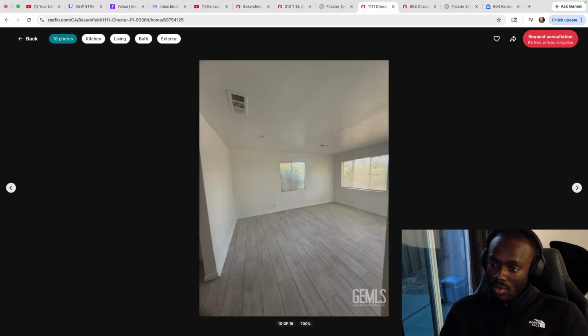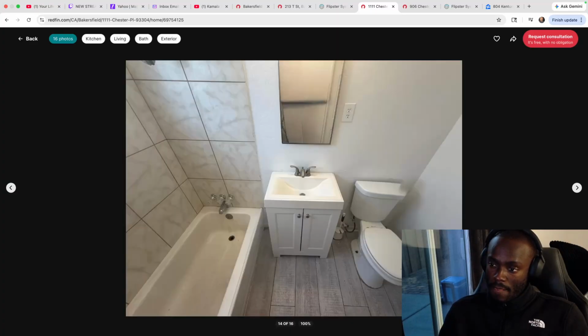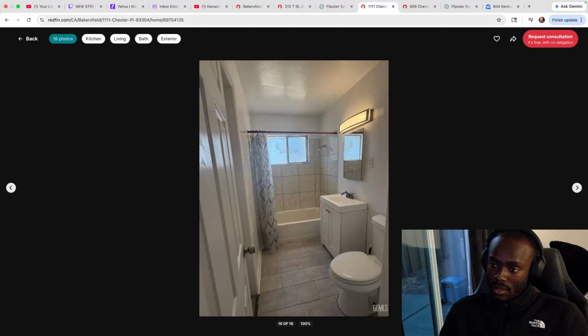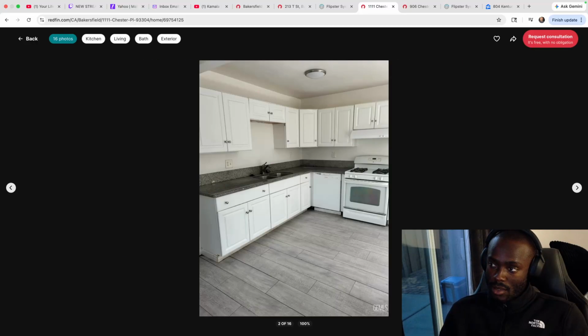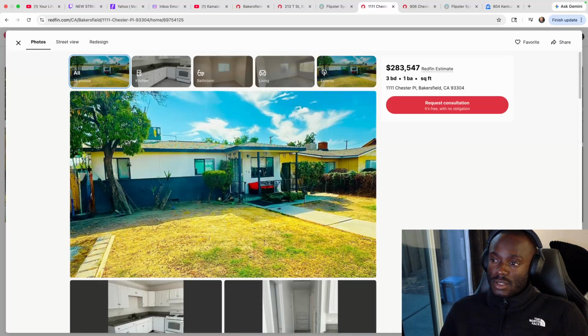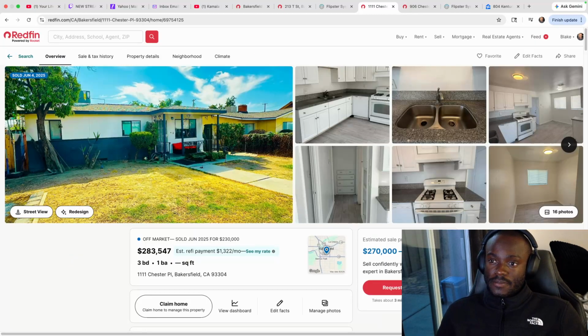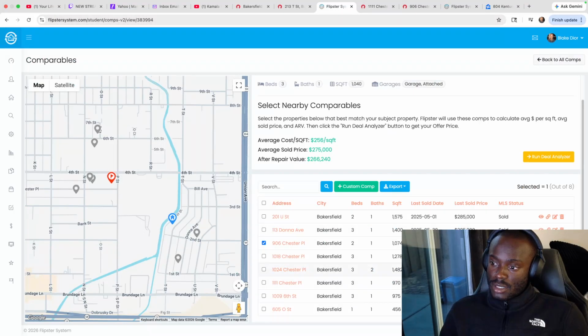The bedrooms, they're a little smaller. Bathroom is not done up completely. It's not a completely new bathroom, but pretty decent. And this one sold for 283. We could use this as a comp as well.